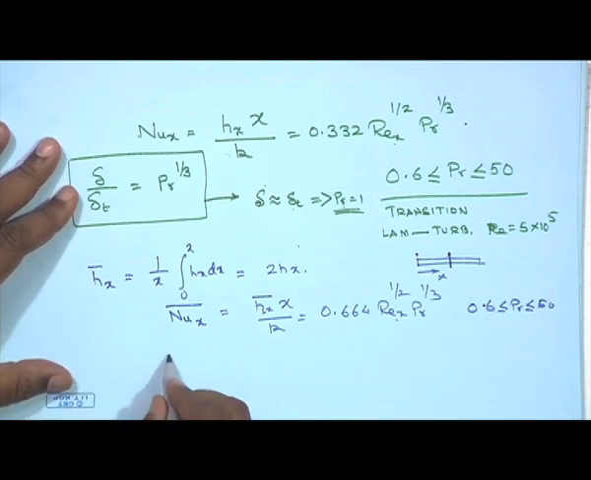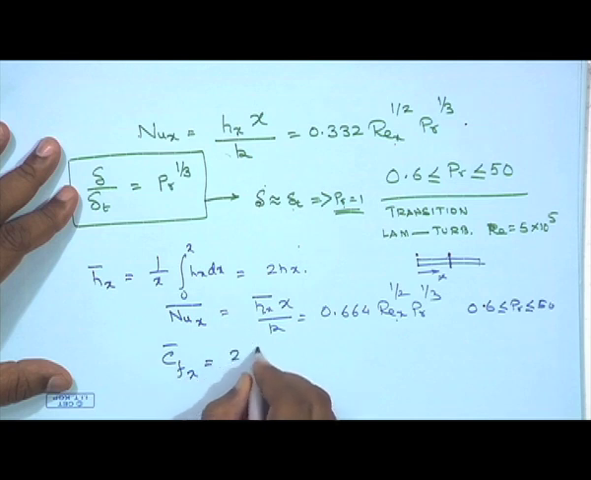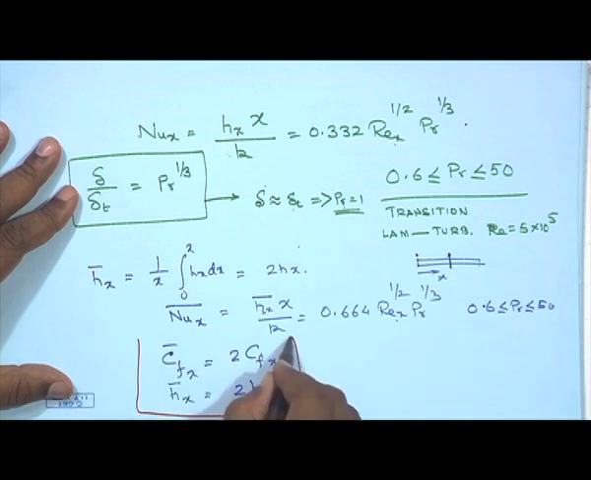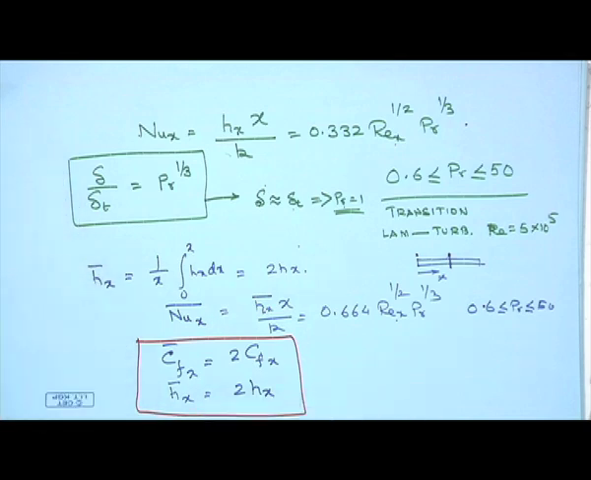So, you can take a corollary of this with the friction coefficient which we have obtained for the case of the hydrodynamic boundary layer, which was found to be 2 CFX. So, the average value of the friction coefficient is twice the local value of the friction coefficient. Similarly, H bar x, the average value of the convective heat transfer coefficient, is twice the value of the local heat transfer coefficient. So, this is more or less what I wanted to cover in the